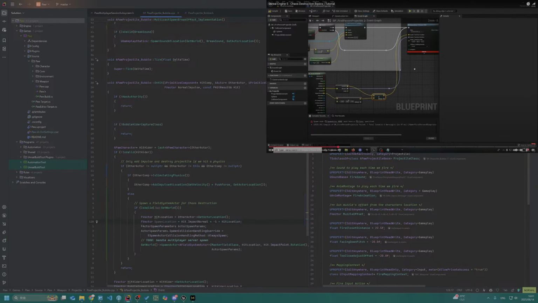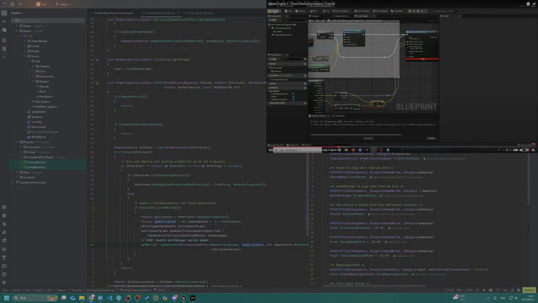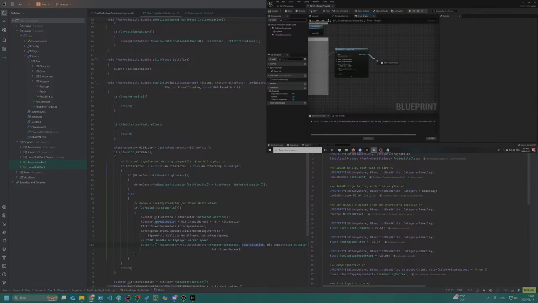We got this one. It's the spawn location. Unsave. And you want to drag out of here. I'm going to promote this to a variable.